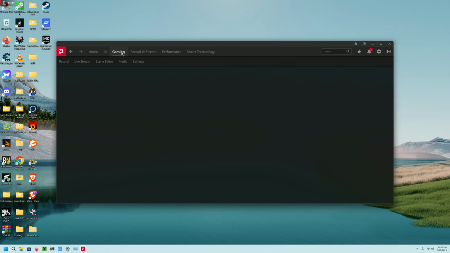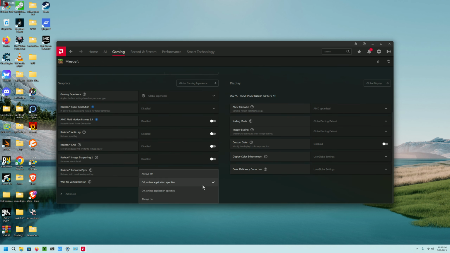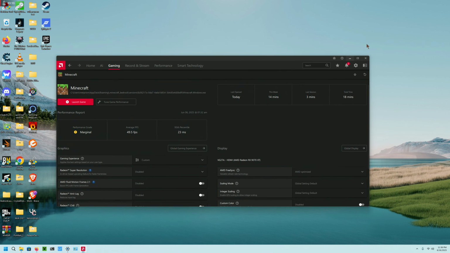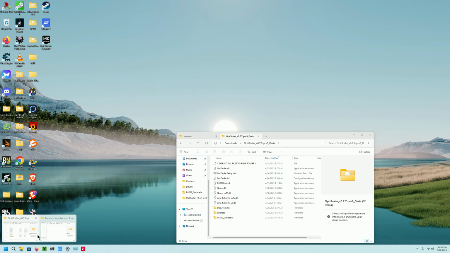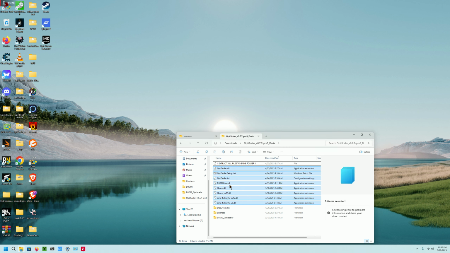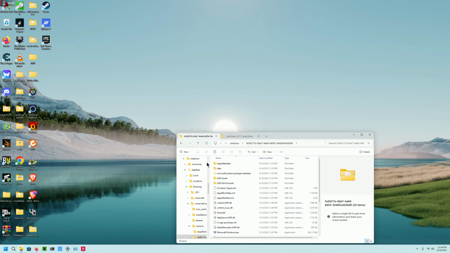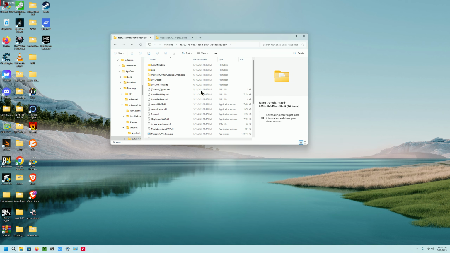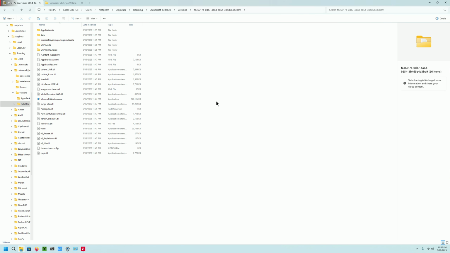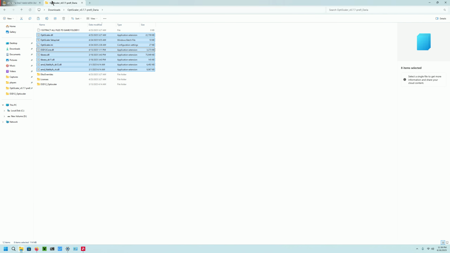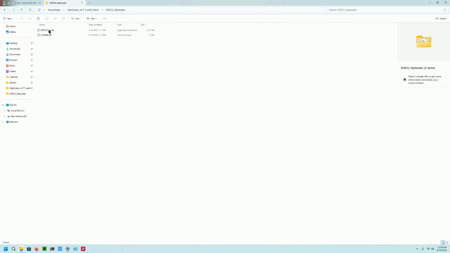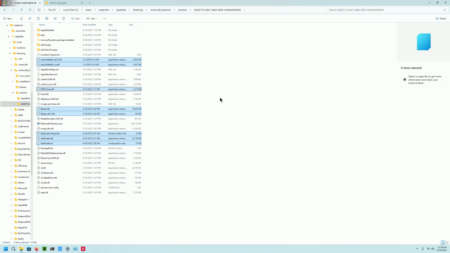So next, what I'm going to do is go into Bedrock, and we're going to make sure that vertical refresh is always off. Okay, so now what I want to do is copy and paste all these files. We're going to go into the folder that it created after we installed it, and we're going to paste those files in there. And then I'm going to go in here and copy this file as well and paste it,